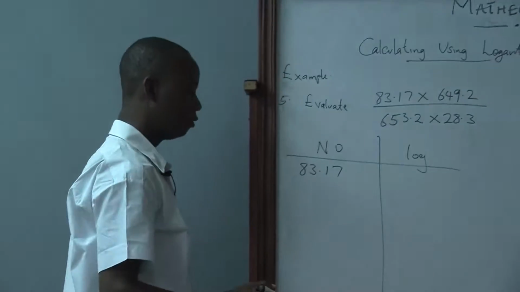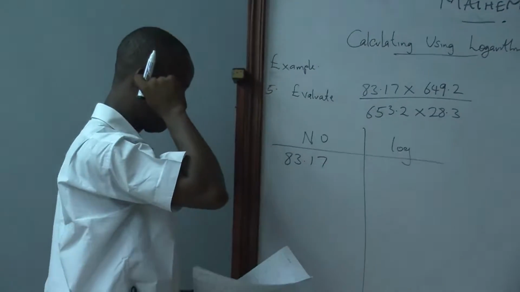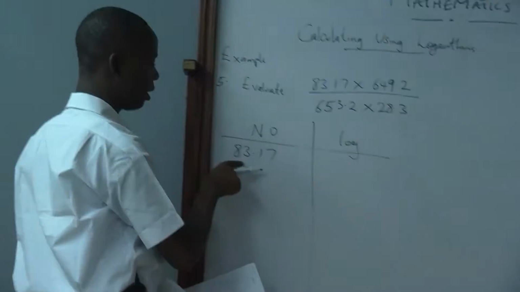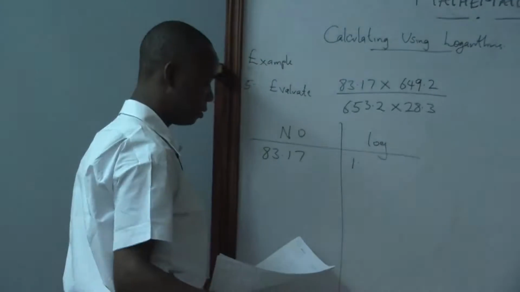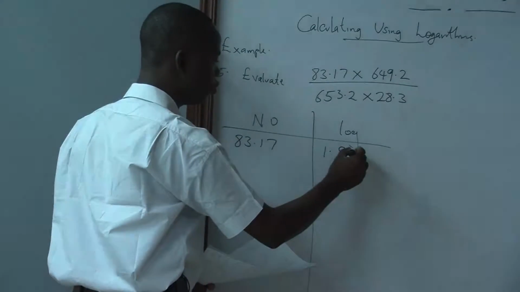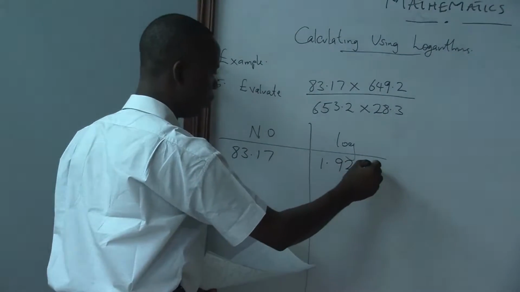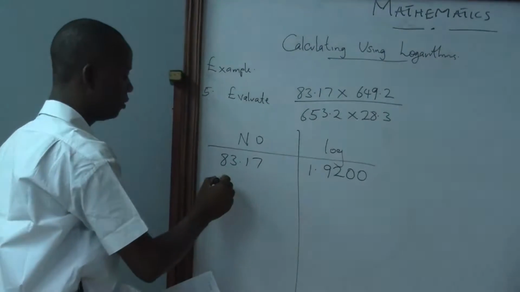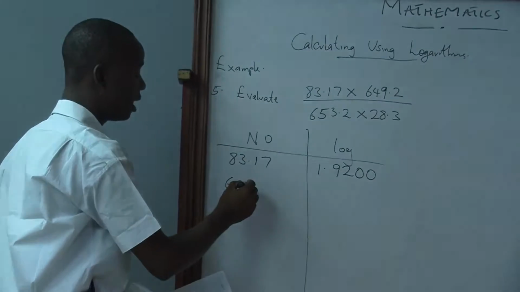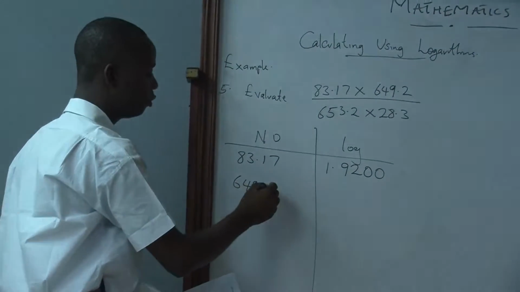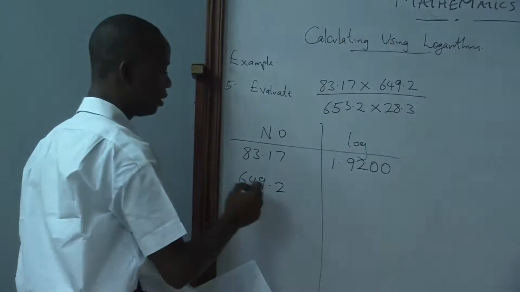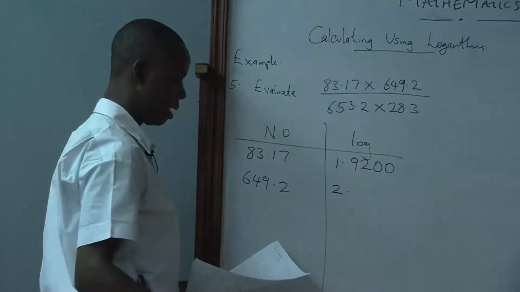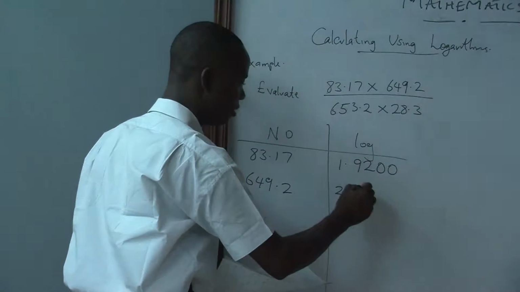So let's find the value for that. Let's find the log of 83.17. The characteristic is 1, and the multiplier for that is 9200. The next number we have there is 649.2. The characteristic for this is 2, and the multiplier for it is